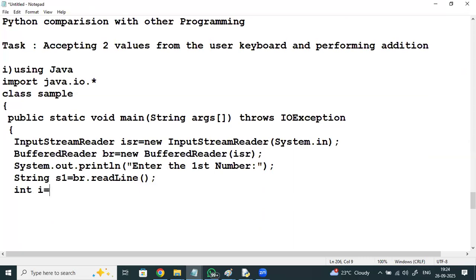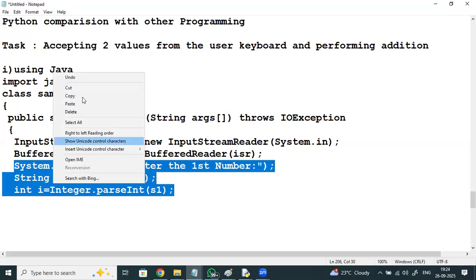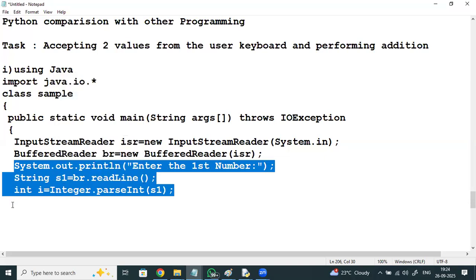int i equal to Integer.parseInt(s1). Similarly for the second number: enter the second number, String s2 equal to br.readLine(), int j equal to Integer.parseInt(s2). I'll copy the same thing for the second number.